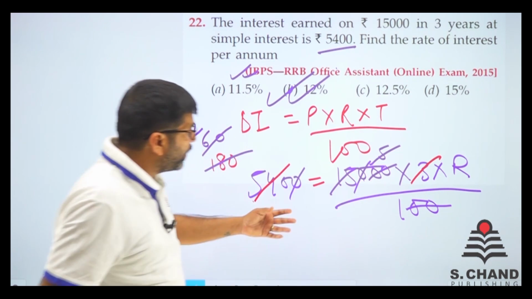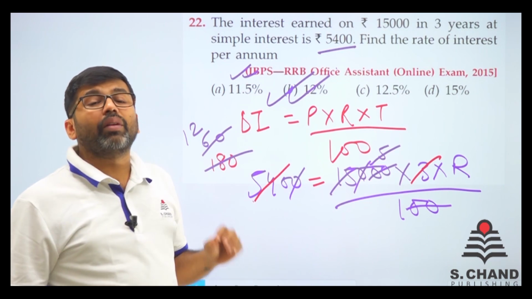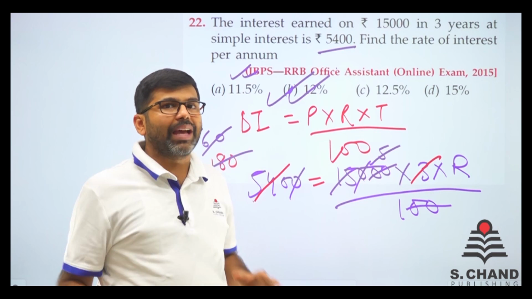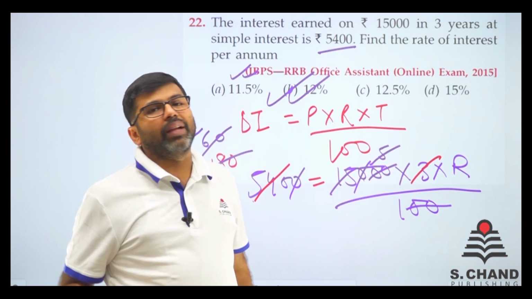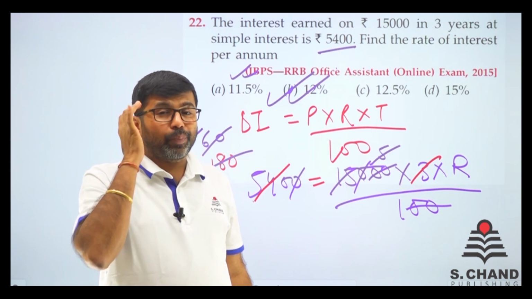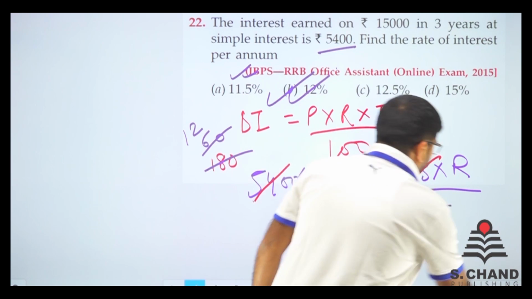Directly, we just kept cancelling, the value of R, 12, was left. 12% is given. We did not have to do anything much, and it will be the same in the exam, because all the questions are from the examination. Such questions come. Don't think it is very easy or very tough. Do the questions. First clear the concept in mind and then just click it. We move on to next question.